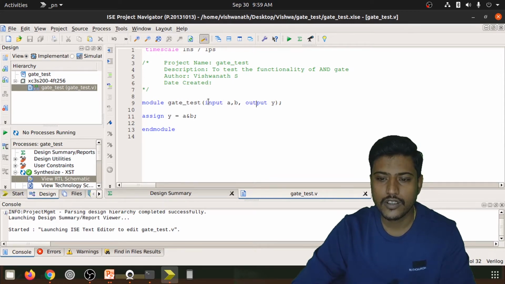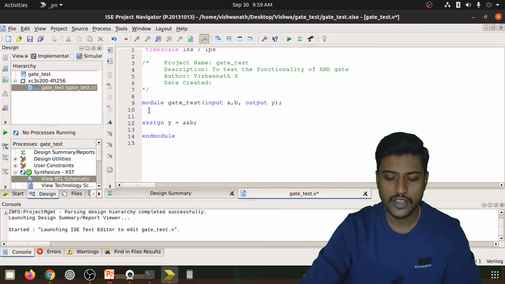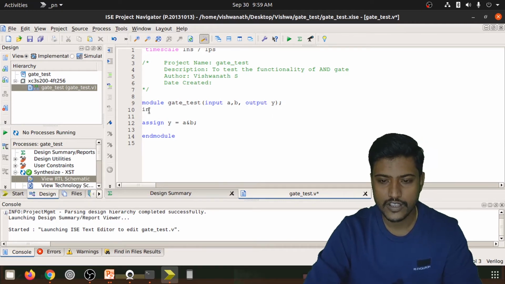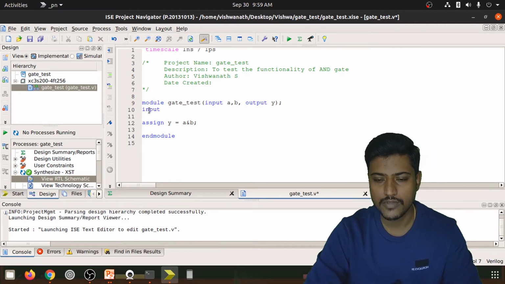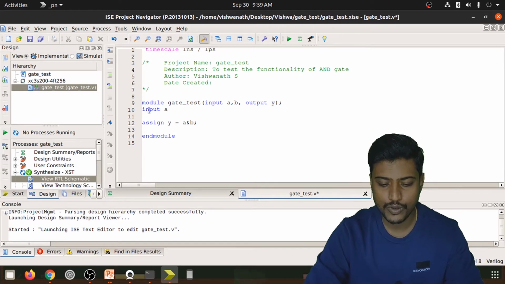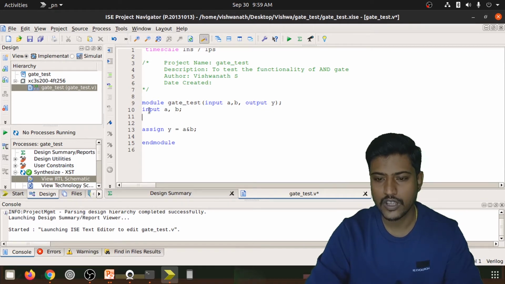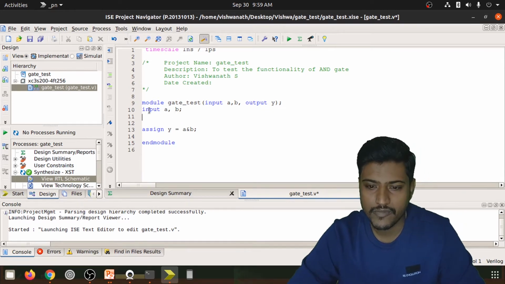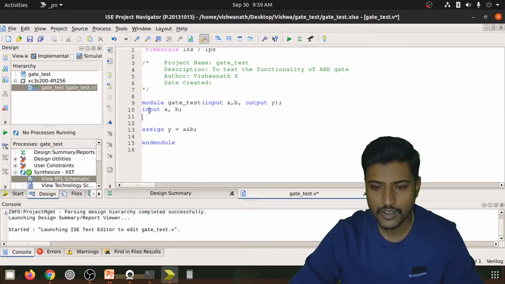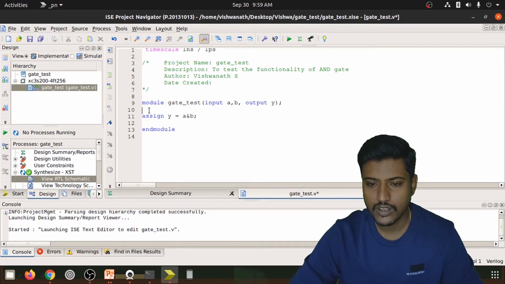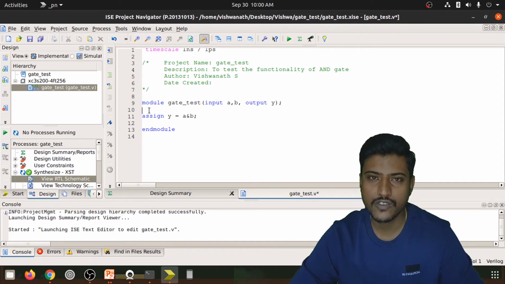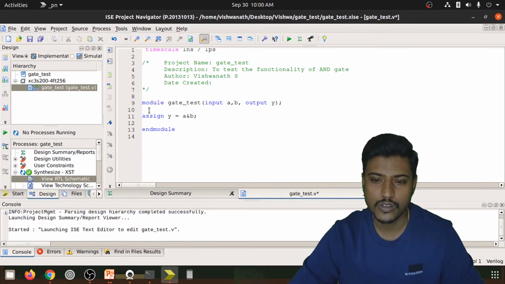Don't declare just the port names and then declare whether it is an input port or output port separately. This is not recommended. I am telling you multiple times, please don't go with such a style of writing the code.